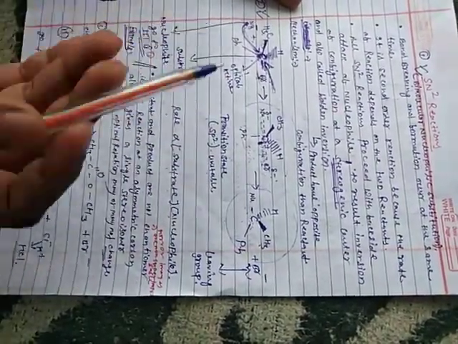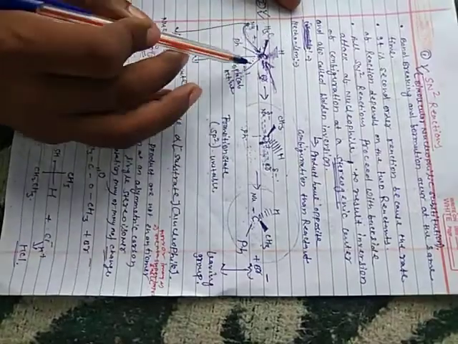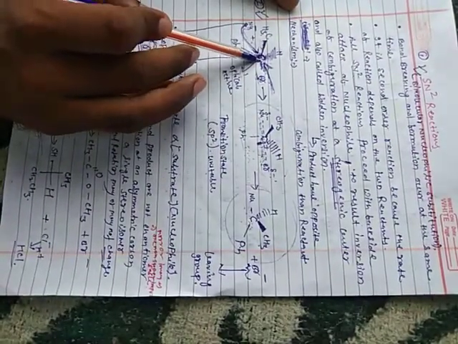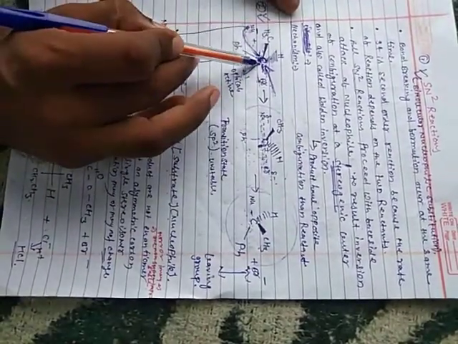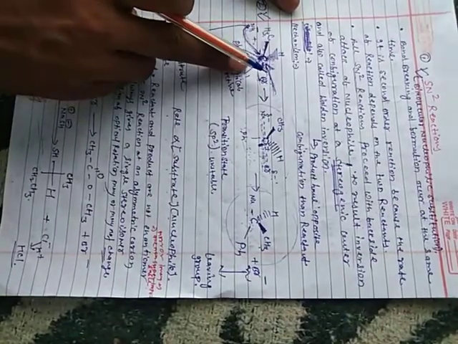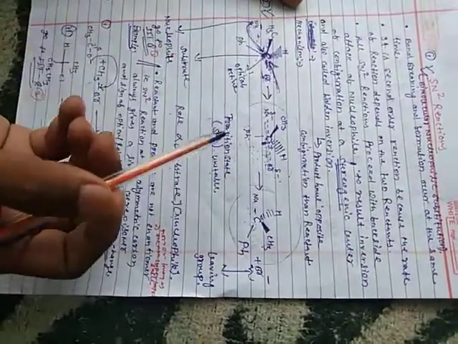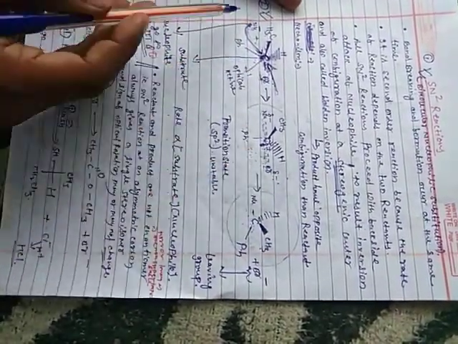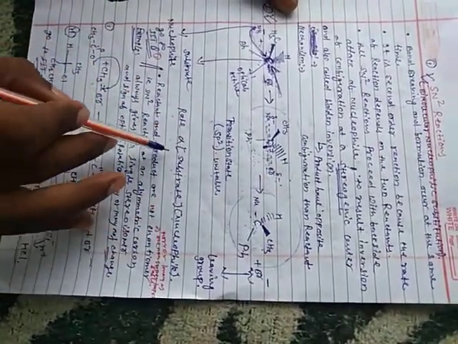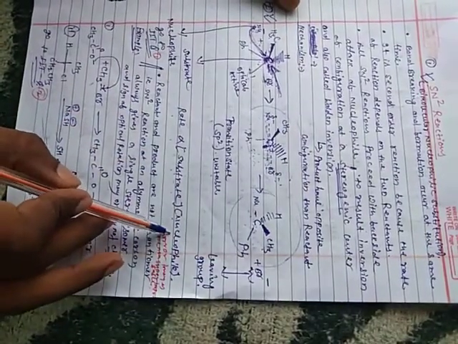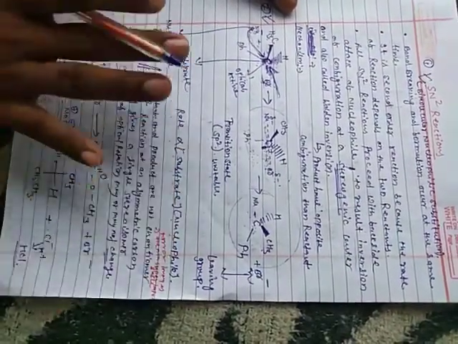Why second order? Here we see there are two reactants. One is the nucleophile and the other is the compound on which the nucleophile will attack. One more important term is substrate. The substrate is the compound on which the nucleophile attacks. So there are two reactants, the substrate and the nucleophile. For the kinetic nature, the rate is directly proportional to the concentration of the substrate and the concentration of the nucleophile. So the SN2 reaction is a second order reaction. Okay, clear?